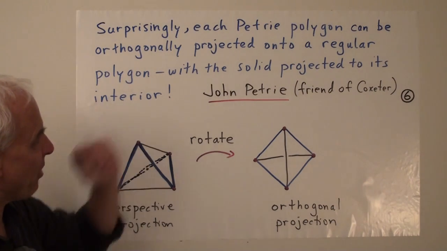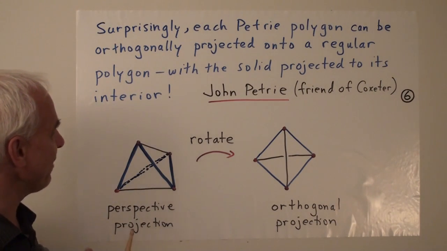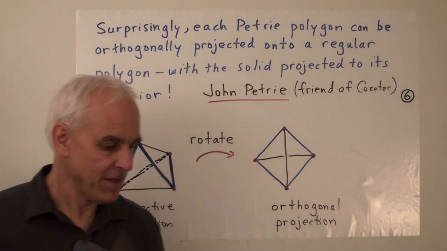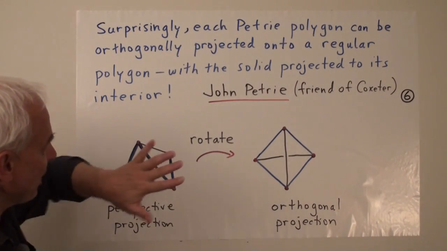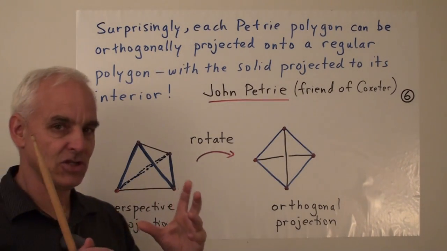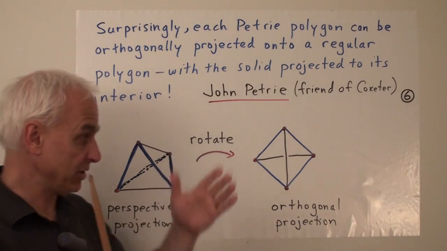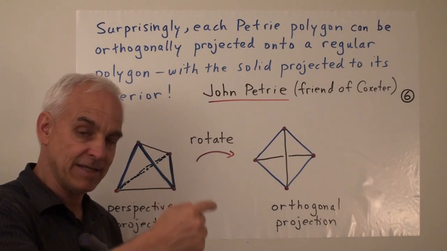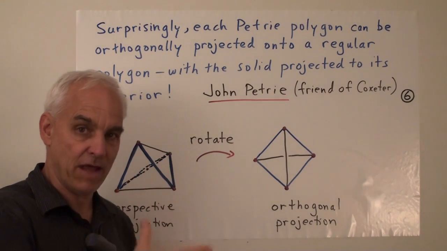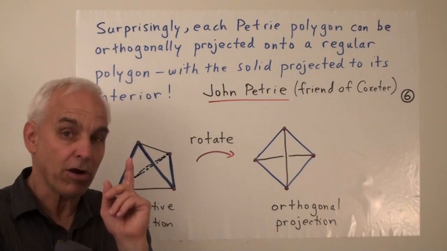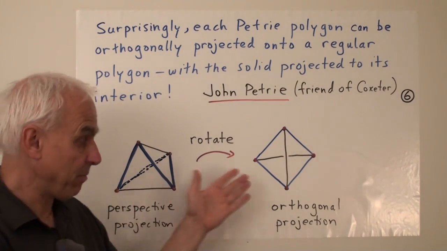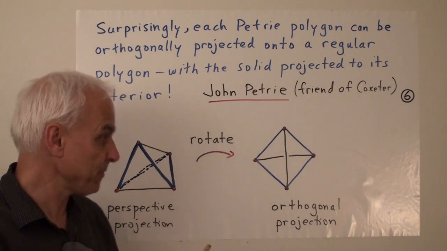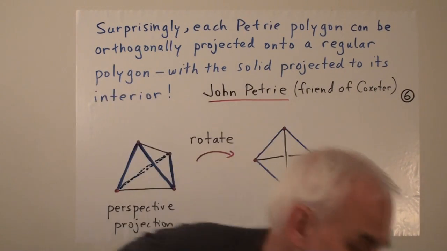Okay, so now these Petrie polygons that we've been talking about actually have a remarkable property if you look at them in just the right way. It turns out that if we orthogonally project the Platonic solid in the right fashion onto a board, then we get a situation where the Petrie polygon is exactly the outside of that projection and forms, remarkably, a regular polygon in the plane. So it's a regular figure, a regular polygon, which has equal sides and equal angles or spreads.